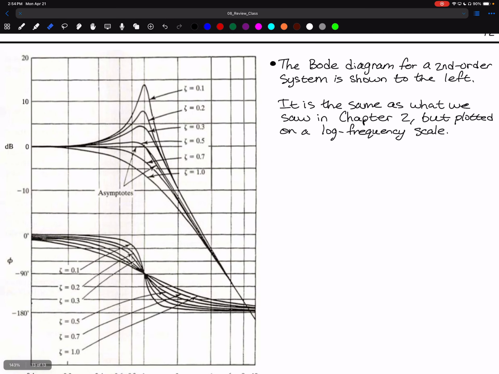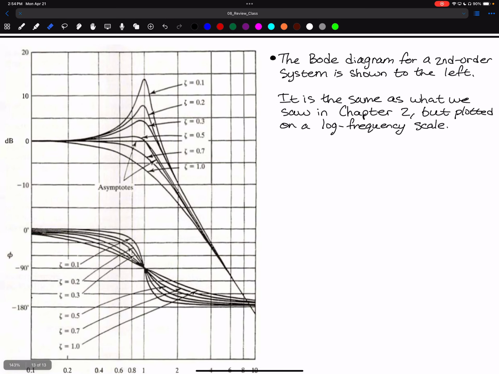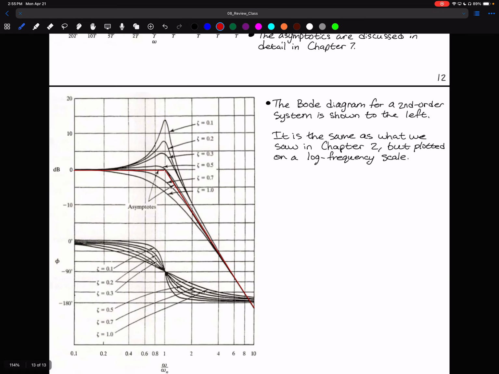This is the Bode diagram for a second order system shown to the left here. It is the same as what we saw in chapter 2, except that now it's plotted on a log frequency scale. And in this case, the asymptotes are much harder to use to analyze the system. Just for reference, the asymptotes are lines that look like the following. Straight horizontal line like that, and then a slope line looking like that. And so depending on what your zeta value is, the response may be very far away from that corner frequency. All right, and that is everything that we